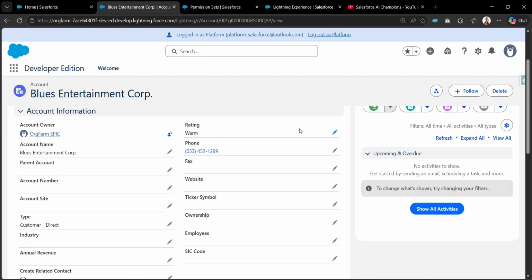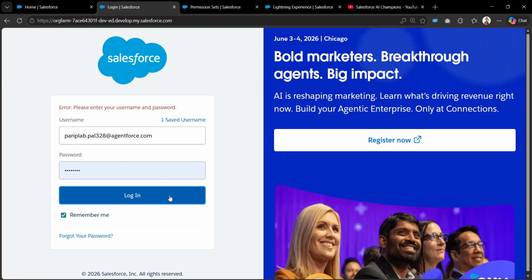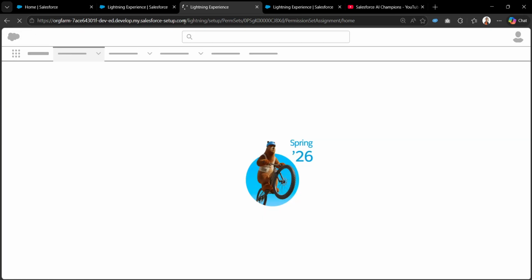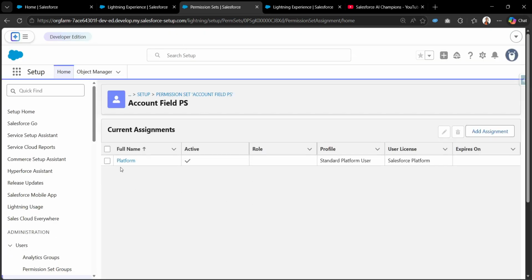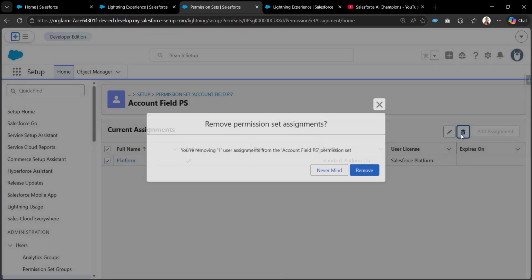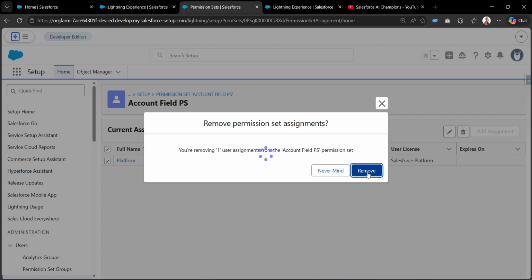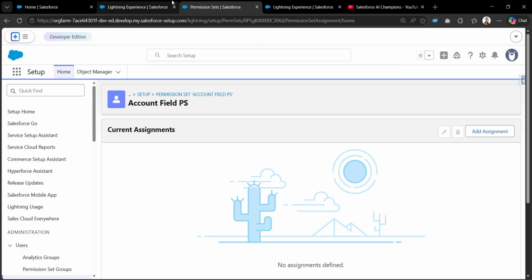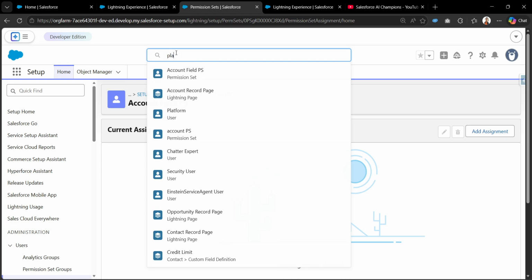But if I make the custom permission access revoked, if I log out and log in again, and go to the permission set, in here you can see that the user has this permission set assignment, but let me remove that assignment, right? So if I remove the assignment of the permission set, and go to that user again, let me search for that user,